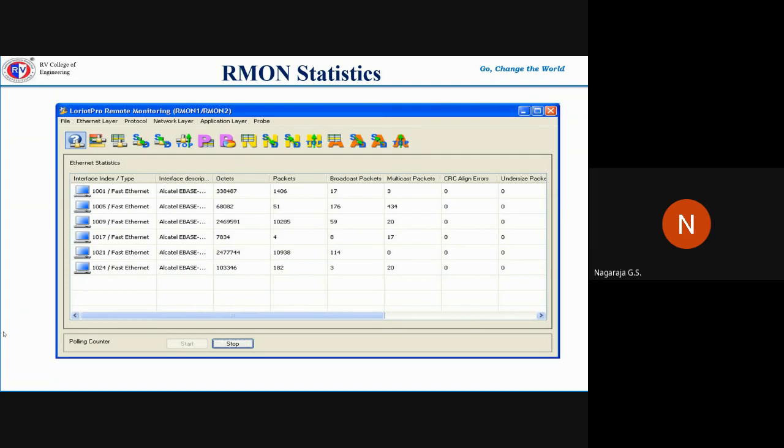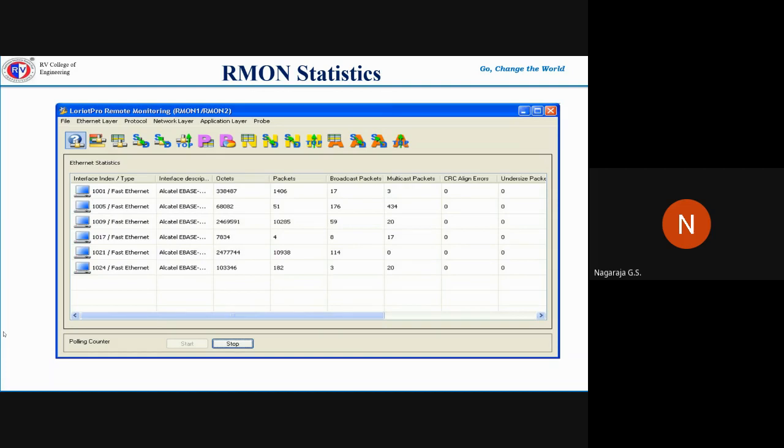Probably if you look at the fourth column, there is packets, you have an answer for that as well. There is actives. Then the next columns are broadcast packets, multicast packets, then CRC align errors, that is cyclic redundancy check align errors, and undersized packets. So when we talk about Rmon statistics, we have very particular metrics or parameters we can really look for